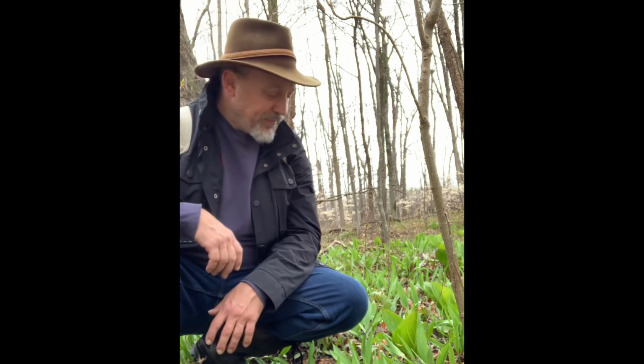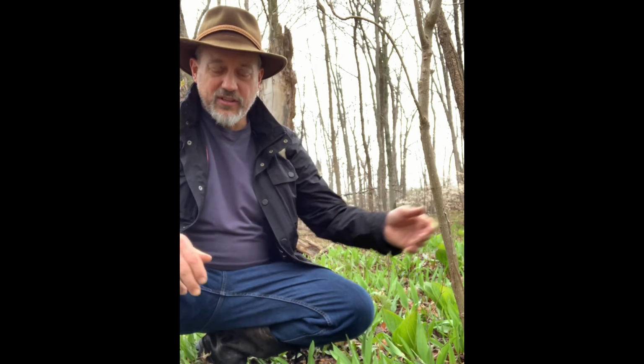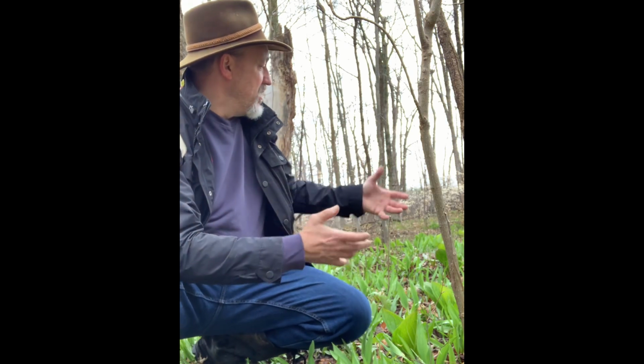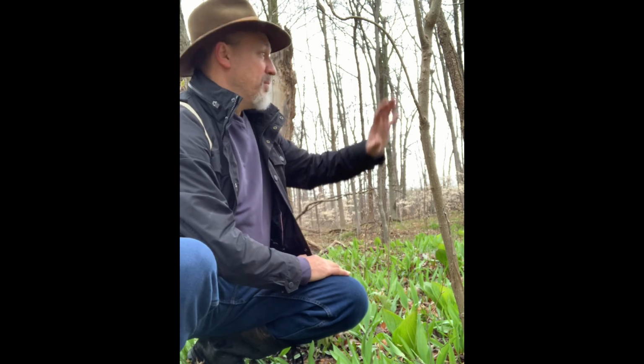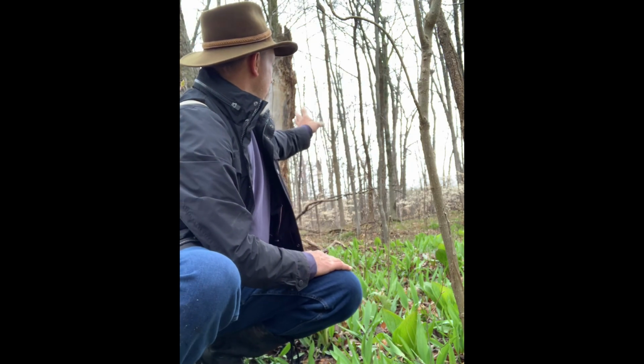It's kind of like being surprised one year that you find a red tulip in front of your house, knowing that the red tulip shows up in the same spot every year because it's a bulb. So same thing with these, and they spread out, so they'll actually propagate by spreading out through the forest. So when you find a bunch here, I'm in a little swath here of maybe 1,000 or so, but there's another one there, another one over there, etc., all through this spot that I have. Very secretive spot, and